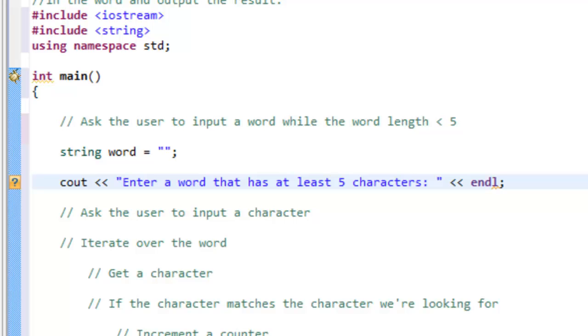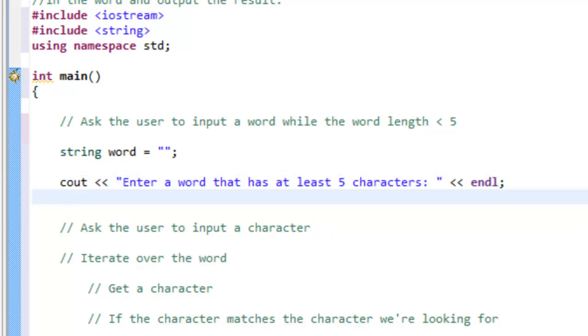We'll make use of our endl here. And then once we've prompted them, we can read it in by using our cin and the extraction operator, and then storing whatever they've typed in to the variable word. Okay. Now our situation is that if they input a word that's less than 5 characters in length, we want